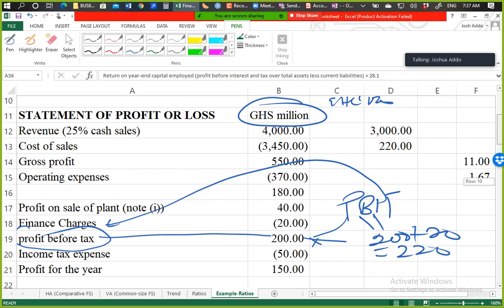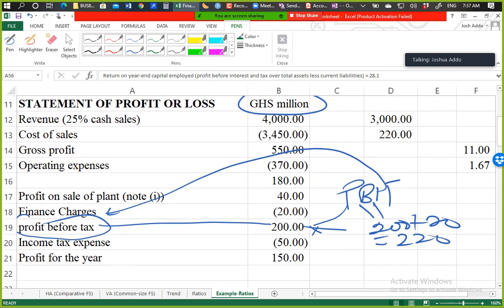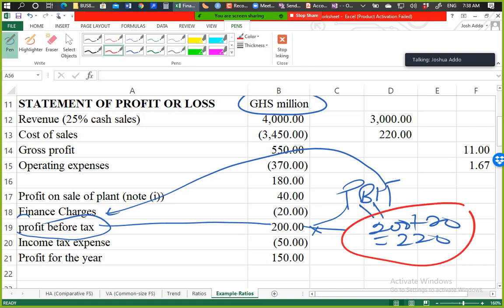Okay, so the income statement is here. Operating profit, it was not readily available. That's why we computed it as this. 220, that's profit before interest and tax, divided by revenue